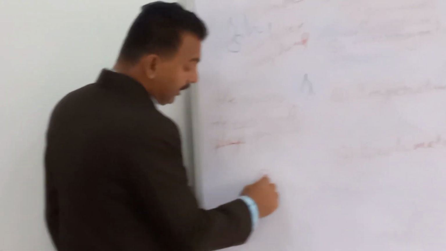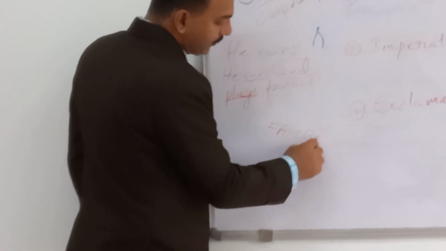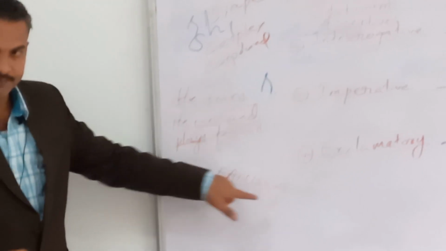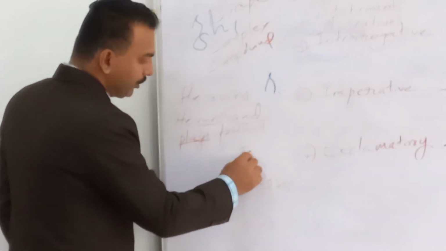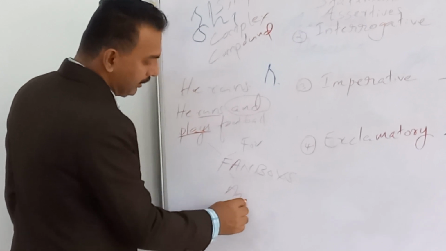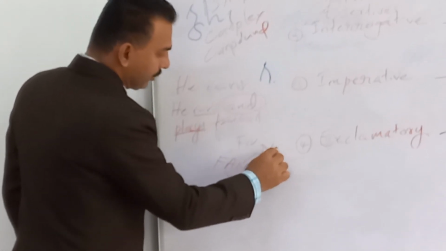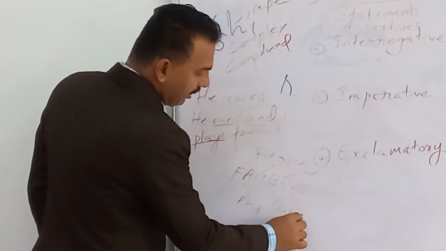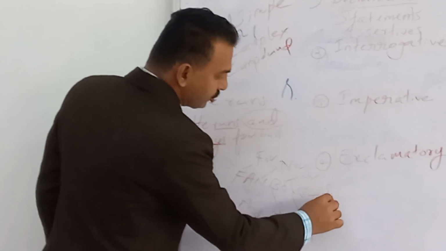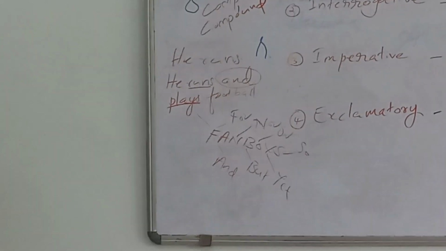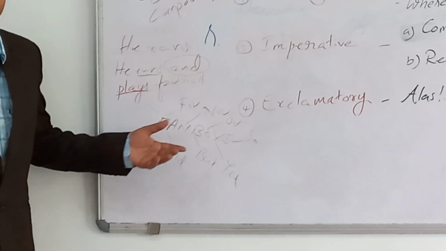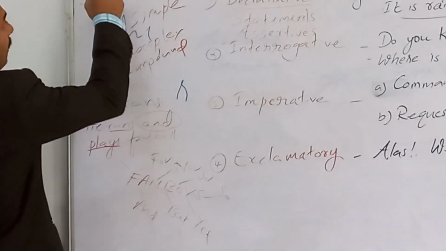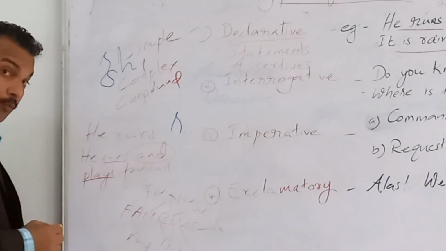Some grammarians talk about FANBOYS. F stands for for, A for and, N for nor, B for but, O for or, Y for yet, S for so. If you find a sentence with any of these coordinating conjunctions, you can easily conclude that it is a compound sentence. But the same sentence, if you convert it into a complex one, you say,